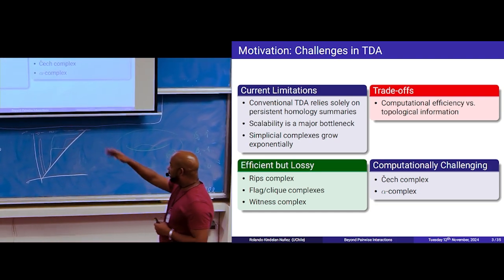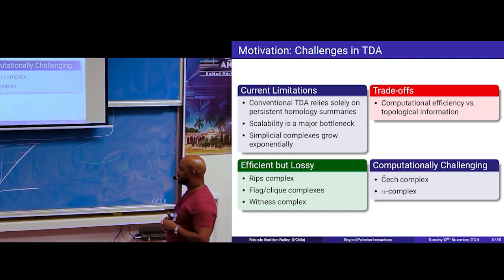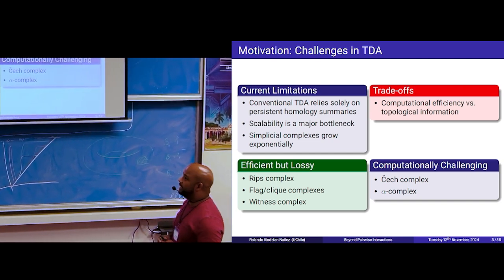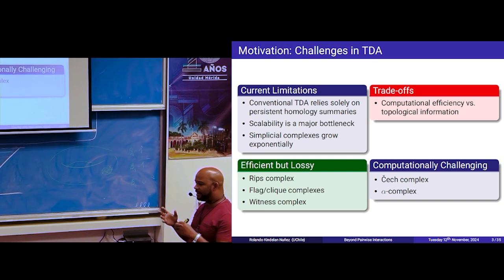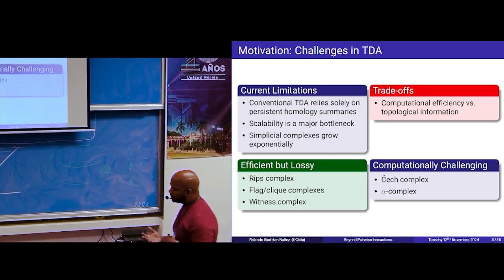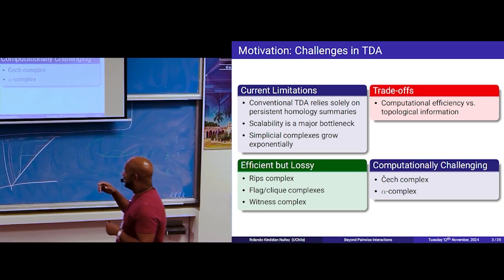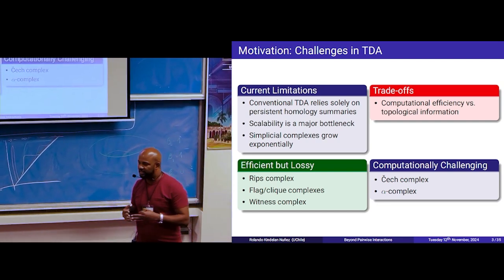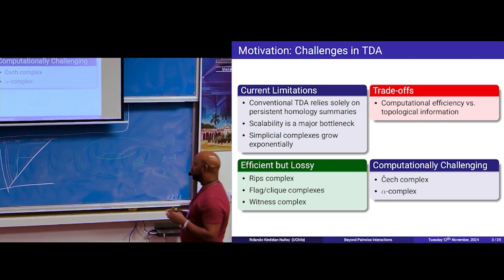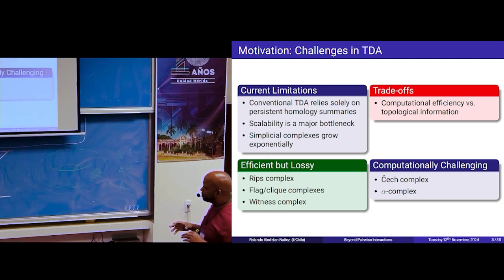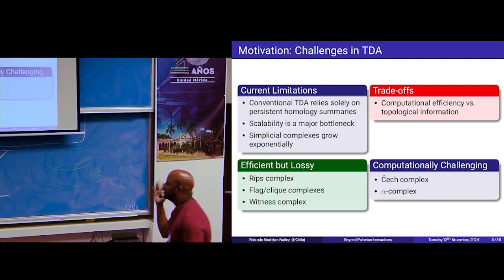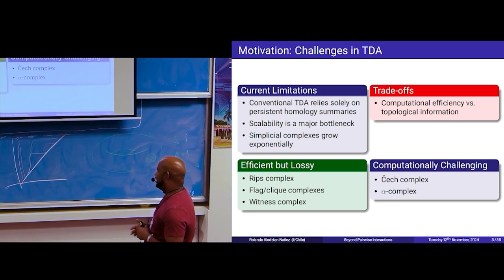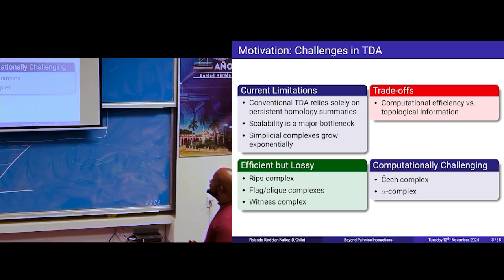So on the other side, there is the Rips complex, flag and clique complexes, like I mentioned, that are very fast to compute because they can be defined only with their one skeleton. So then you have any face in any dimension automatically because you already have the one skeleton. But